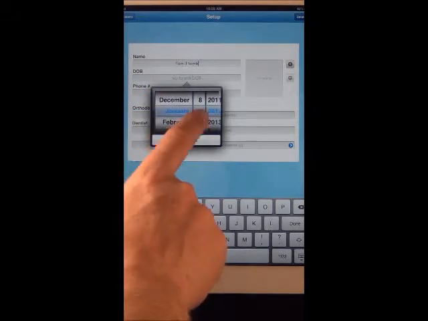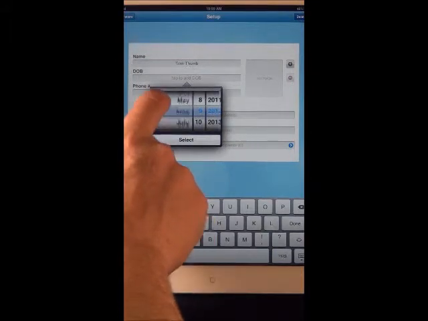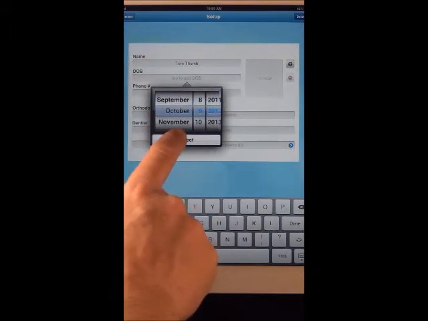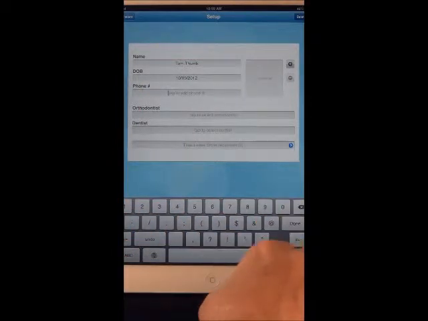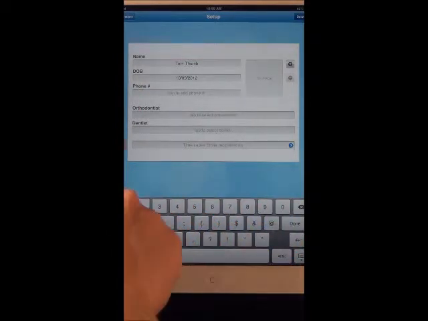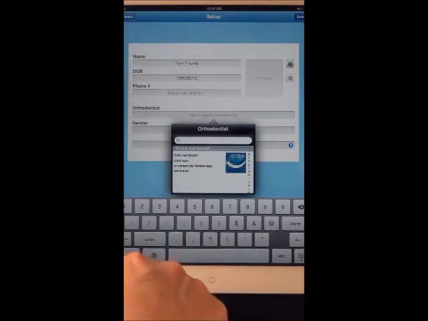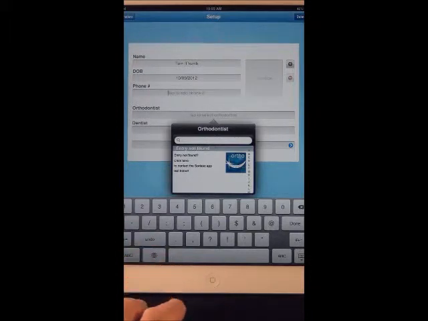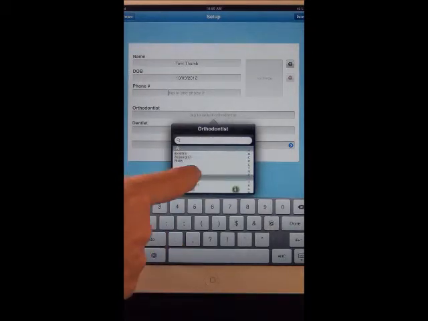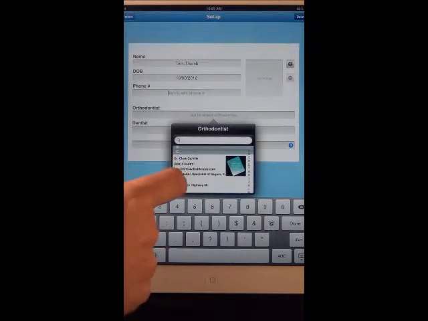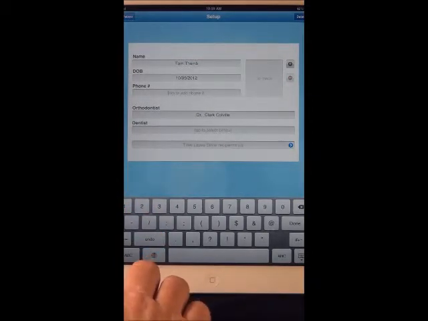We can select any date that we want by using the scroll. In this case, we're just going to select phone number if we want to add in a phone number. In this case, we're not going to do this. Orthodontist. This is a very important feature because anytime the patient wants to send a photo or a picture or an update via Facebook or the internet, you want to be sure that you're attached as the orthodontist. So you go through the orthodontic list for them and be sure you select yourself as the orthodontist.